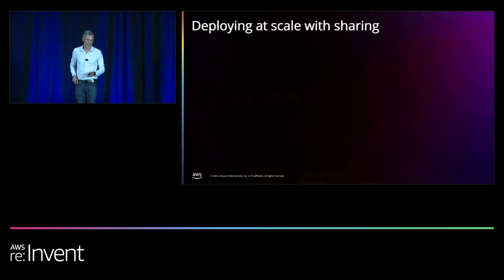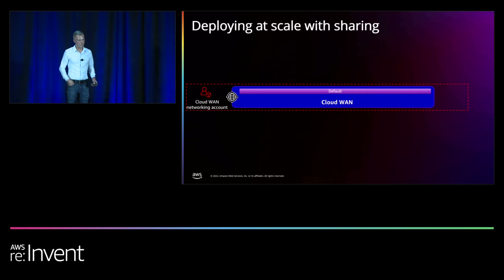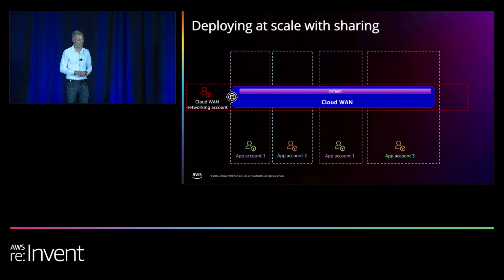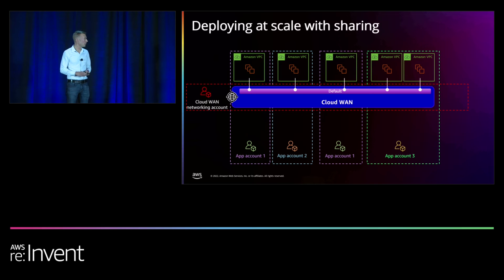So we can deploy this at scale with sharing. We'd recommend building this in a dedicated network account. You can have app accounts and then share it out. And then from those app accounts, they just simply attach to the core network. And based on tag or how you've done your attachment policies, they'll automatically be able to connect and route throughout your network. This is going to be through Resource Access Manager, RAM, through AWS Organizations. So you can share out that core network to an individual account ID, to an organizational unit, or to your entire AWS organization, depending on your account structure.